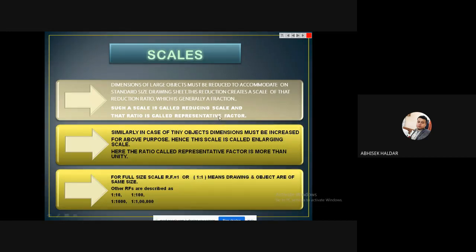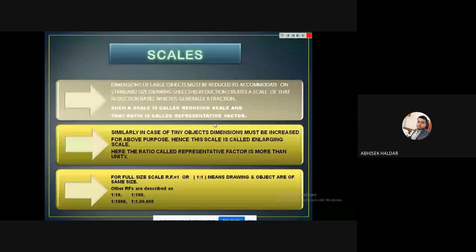Basically what we will do in this chapter is construct a scale. A problem will be given to me, and according to the data given in the problem, I have to design or construct that scale. Using that scale, I can measure up to a certain distance, a certain value. That maximum value will also be given in the particular problem. These things will be discussed when I show you a problem. I'll show you today itself one particular problem of diagonal scale.